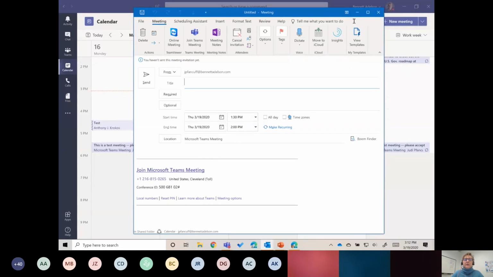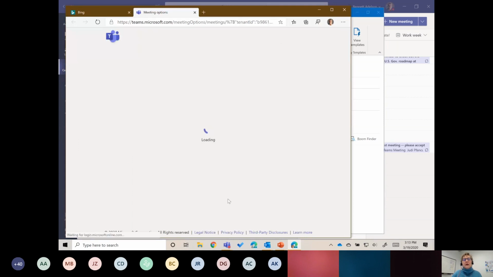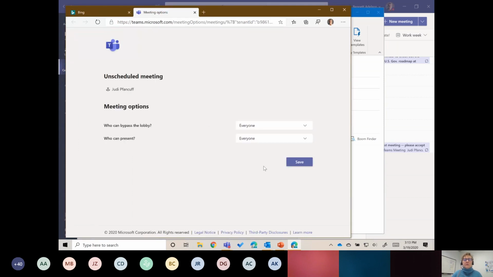There was one other thing that I'm going to go back to in that Outlook meeting that we started. There are some options that you might be interested in. Way down at the bottom in the footer, you actually have to click Control and then click Meeting Options. This gives you a chance to set it up so that, the default setting is that external people invited to a meeting have to wait in the lobby until someone inside the organization lets them in, someone who's already in the meeting.